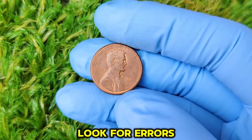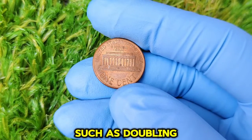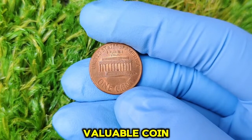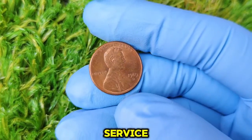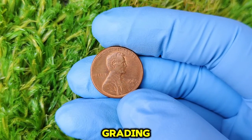Look for errors. Investigate the coin for any minting errors, such as doubling or off-center strikes. If you believe you have a valuable coin, consider getting it appraised by a professional or sending it to a grading service like PCGS or NGC for official grading. This can significantly